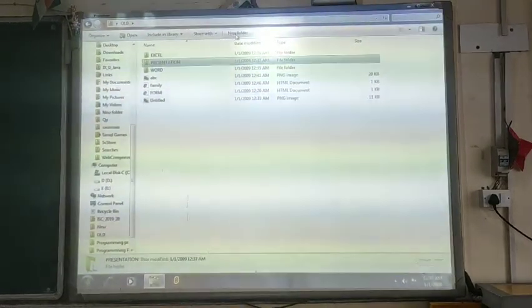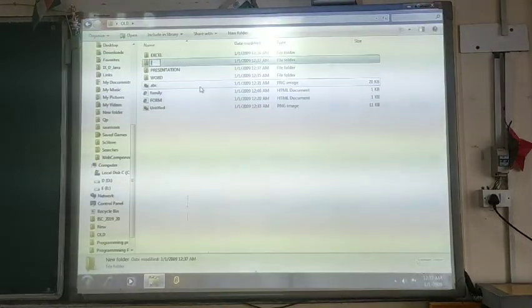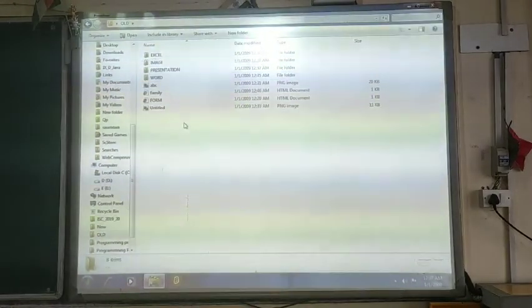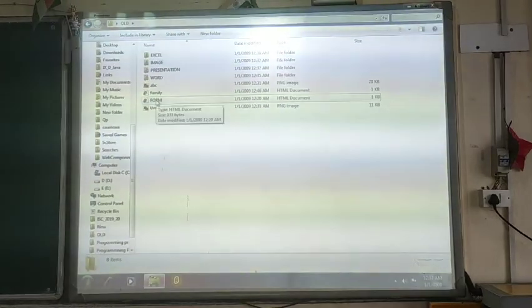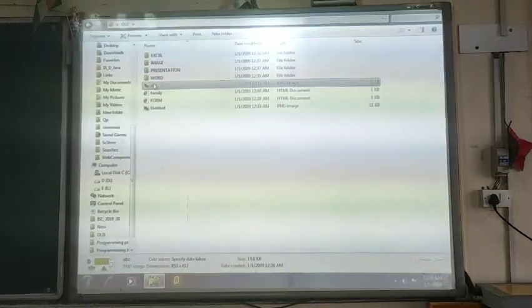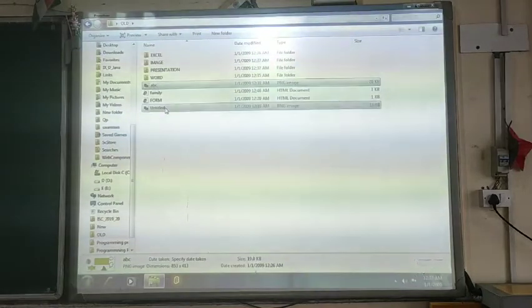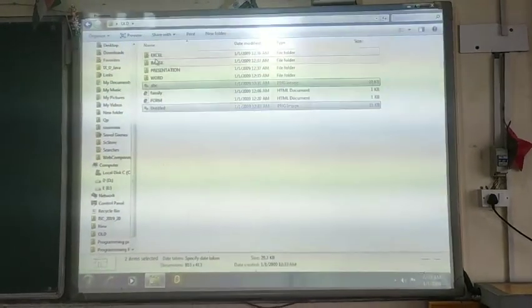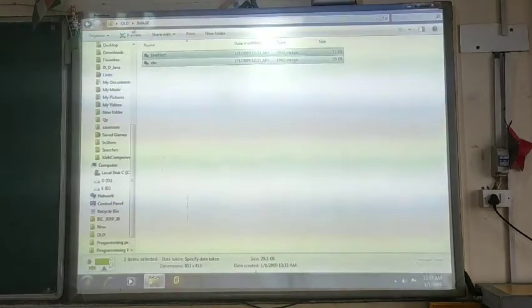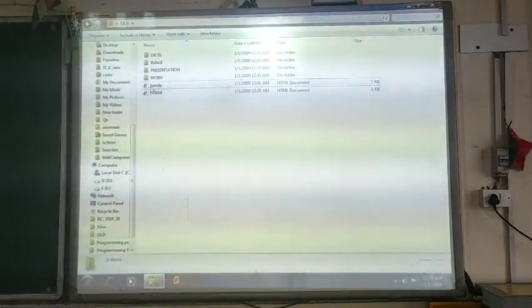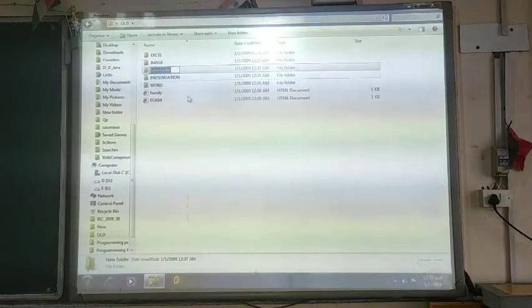In the same way, for image files, you can see there are 2 image files. You can select the image files, cut and paste them in the folder. So now you can see the files have been categorized into different categories.